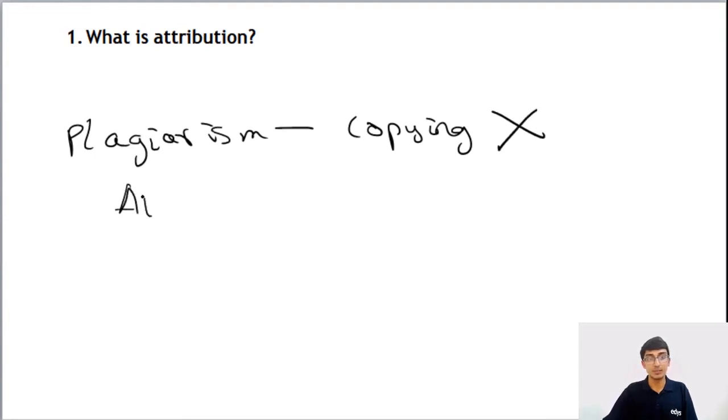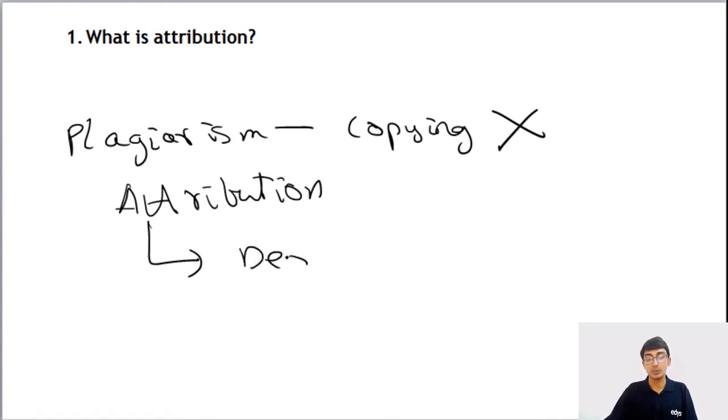Then there is something called attribution. For example, if you had gone to Google and found the code for derangements, nobody owns that code, but let's say you picked it up from Stack Overflow. You have to attribute that you picked up that code from Stack Overflow. Now let's say you are finding the formula of factorial. You don't have to give attribution to anybody. Factorial is a well-known formula.